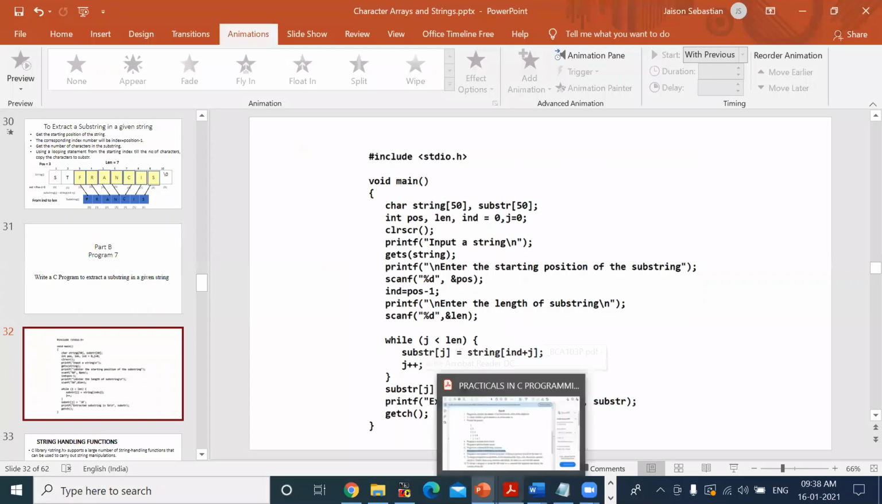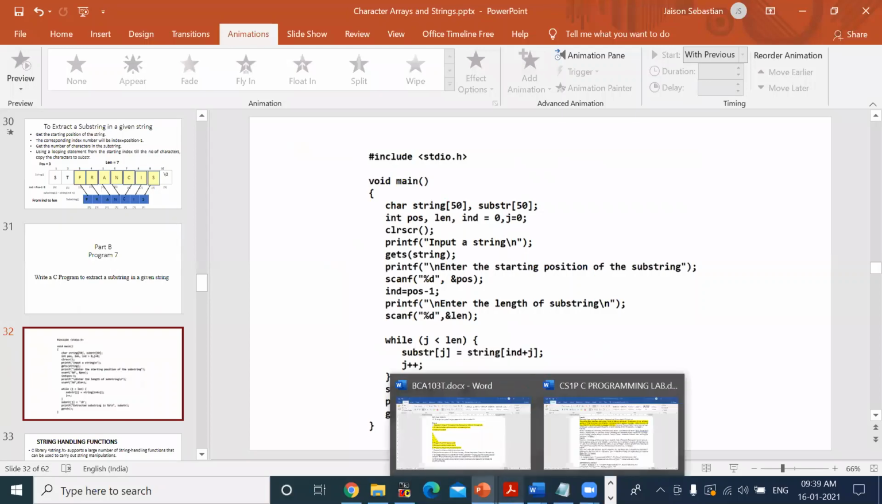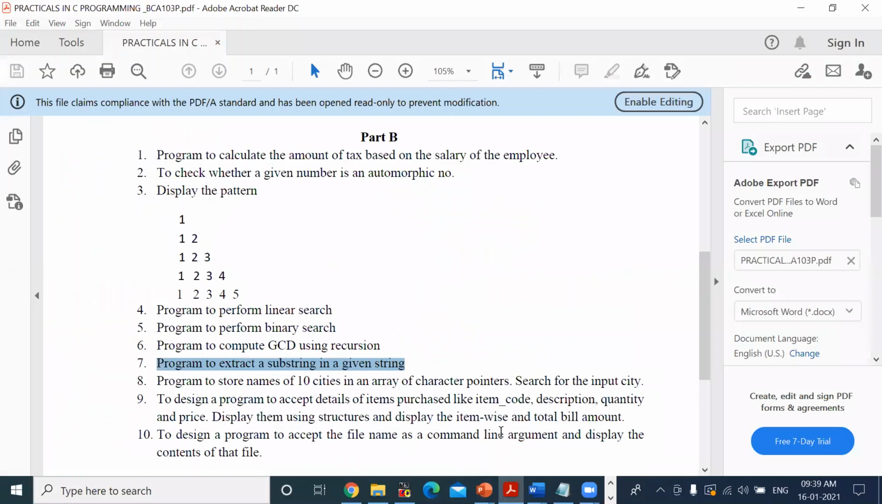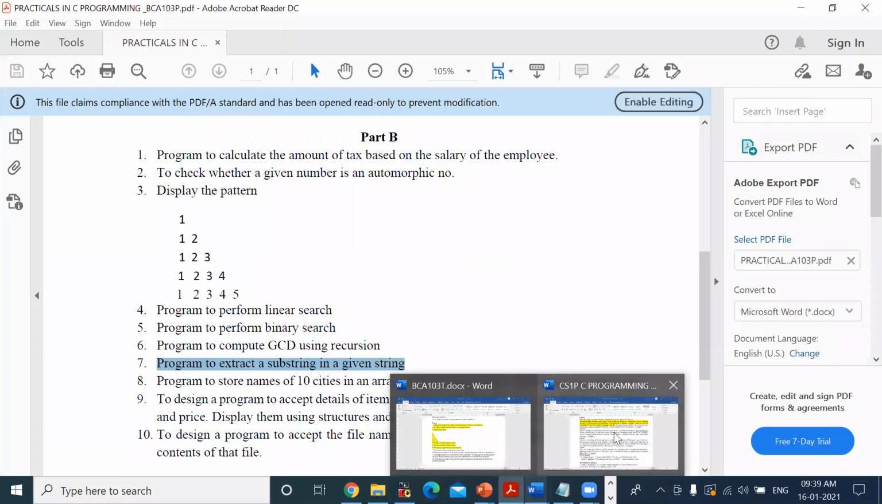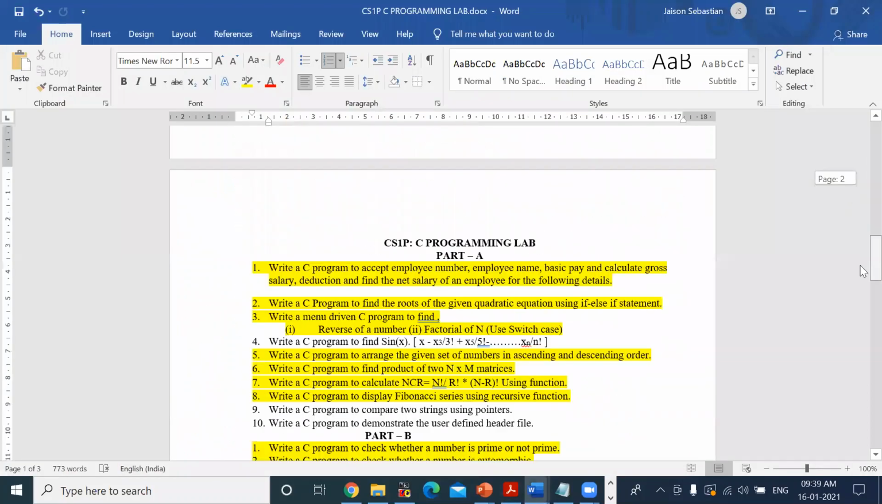So if you understand this and do it, then it will be easy for you people to execute. As I told, this will be part A program number 7 for BCA students, and for BSc students it will be,